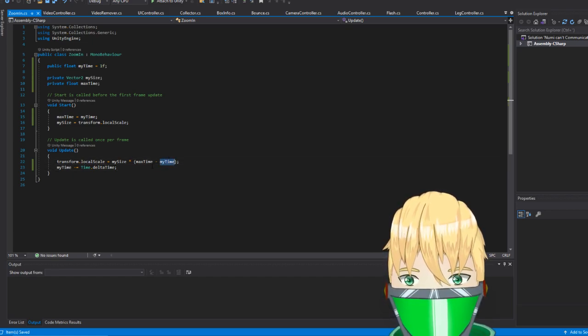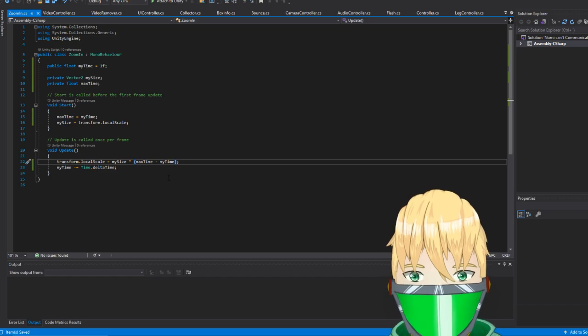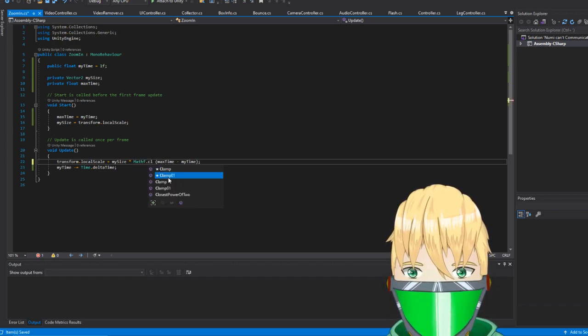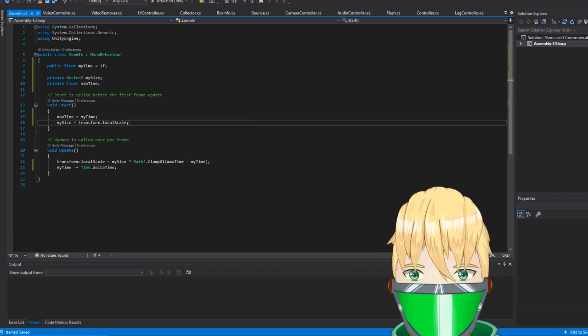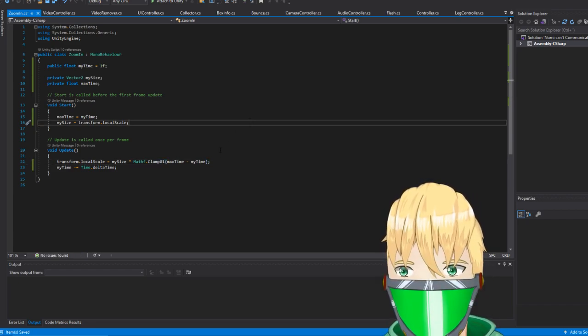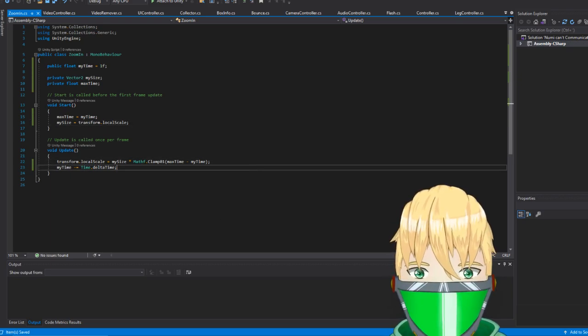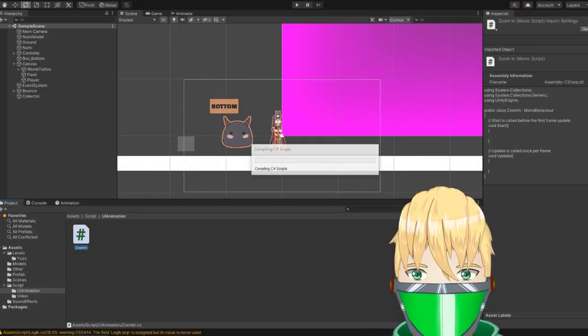But we want to clamp this to be at max 0. So I think they had a Mathf.Clamp01. Yeah. So you just clamp that so it can't be more than 1. And then we actually don't have to fix anything else, pretty much.